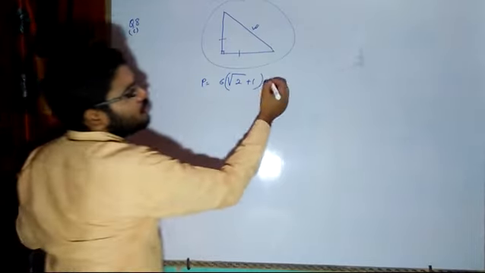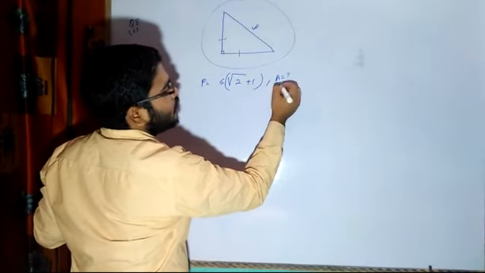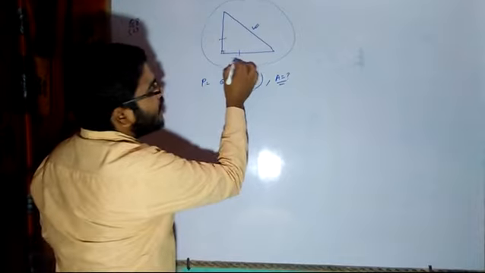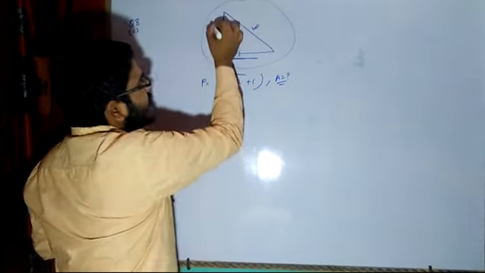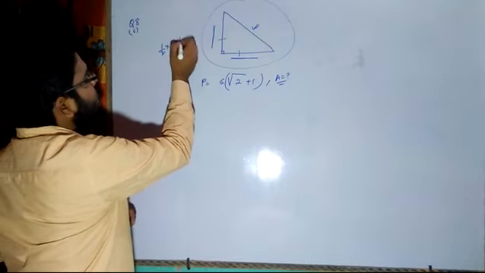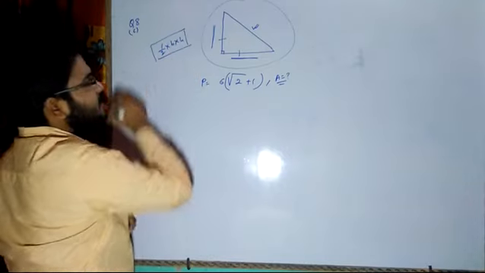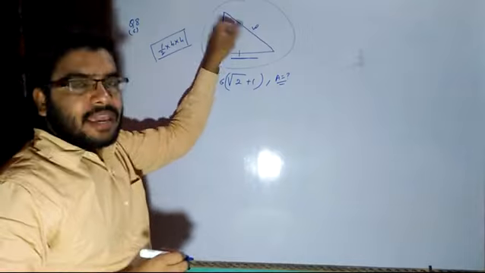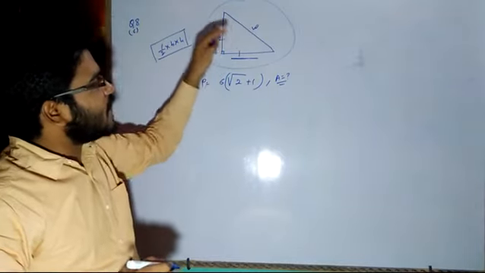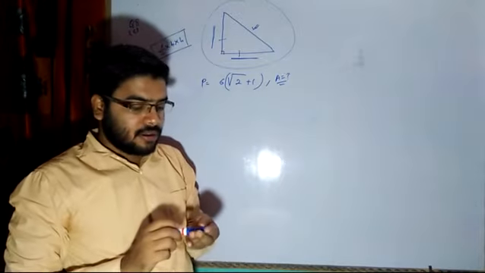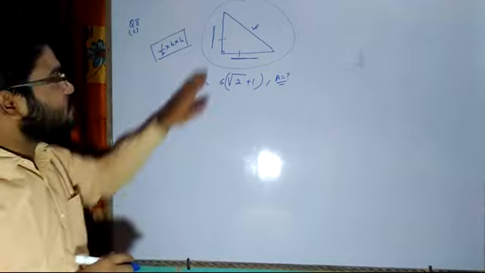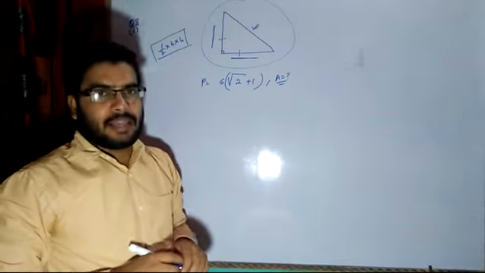Now they are asking you to find the area of this triangle. How to find the area of this triangle? If I am able to find this side and this side measurement, then I can apply the half into base into height formula and get the value of the area. Correct? Now they have given the perimeter, meaning the sum of all the sides, and none of the sides they have mentioned. So how will we calculate the area? Unless we know the sides, we cannot calculate the area.